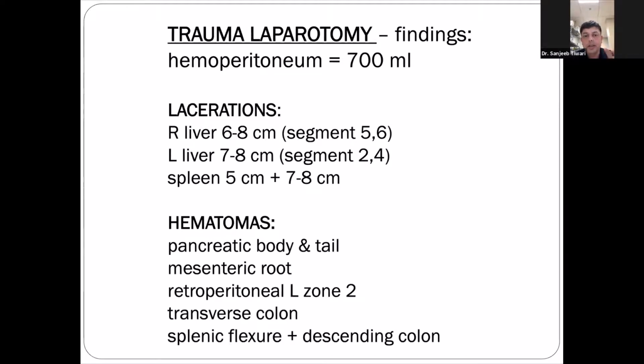Okay, so for me, if there is no active bleeding and it is not the short gastric vessel, I think I'll also go for packing. But I'm worried about this pancreatic body and tail and mesenteric root. I'll just explore that one. And anyway, because we are not going to close, after cleaning and packing the liver and his spleen, I'll just leave it, because we won't be closing the skin. So I think I'll go for packing, that kind of thing.